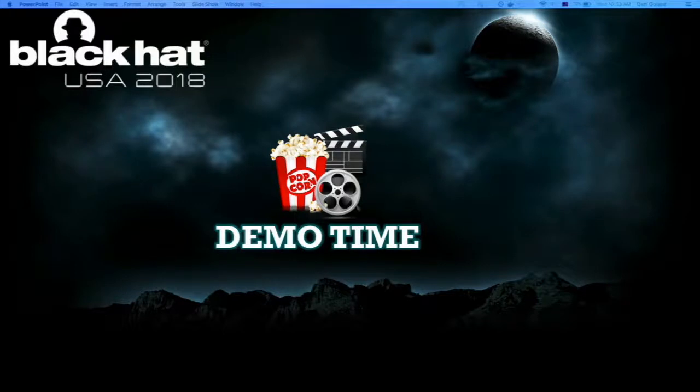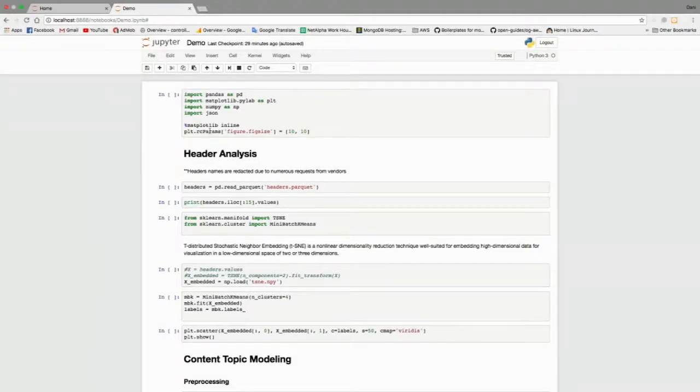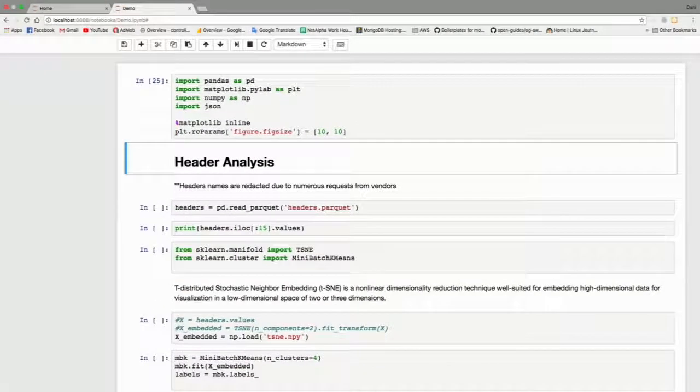All right, demo time. So can we see my other screen? Can we get the original screen? All right. Just a disclaimer, there is a lot of noise added. We put a bunch of noise and redacted a lot of things because vendors basically told us to do so. You want to enlarge it? Can you enlarge? It's small. Yeah, hit plus. Great.